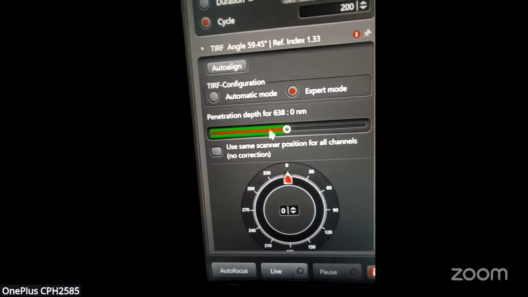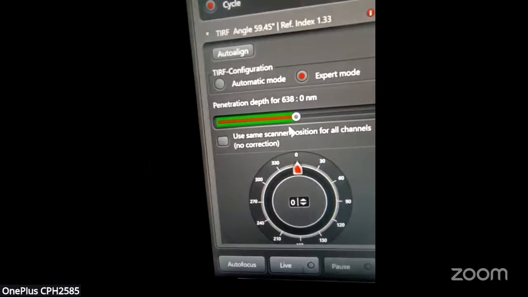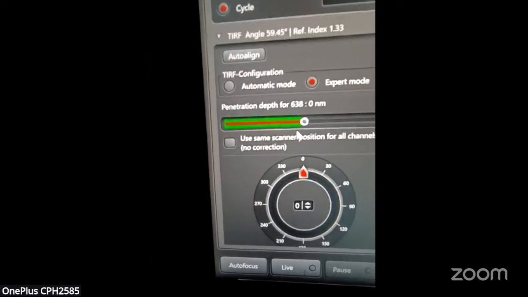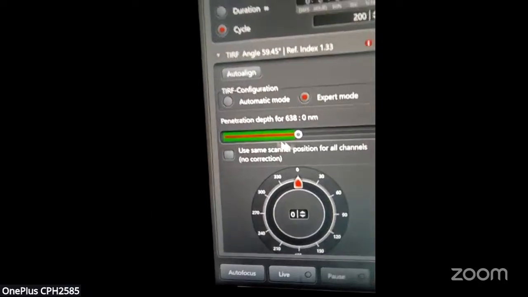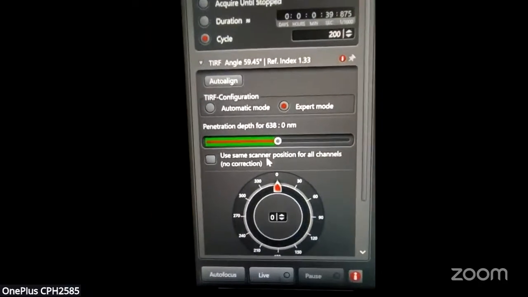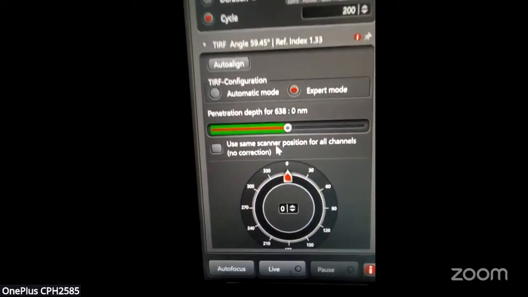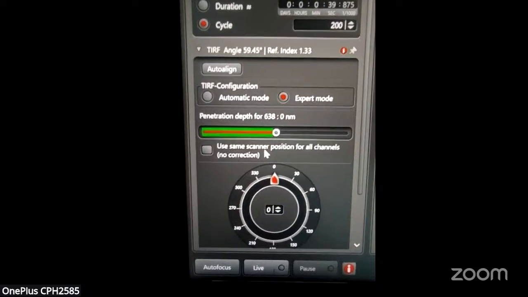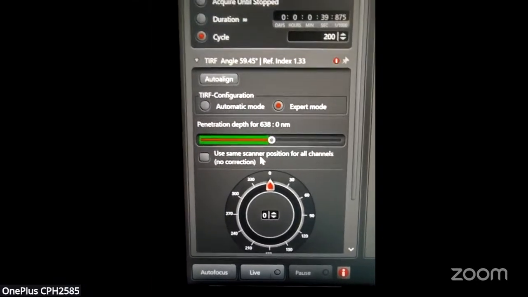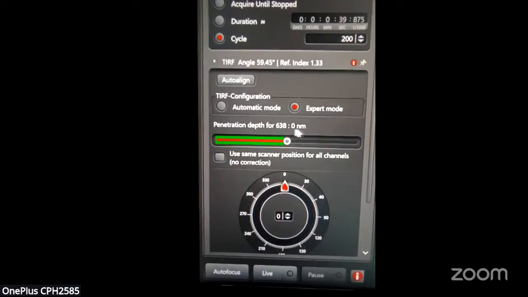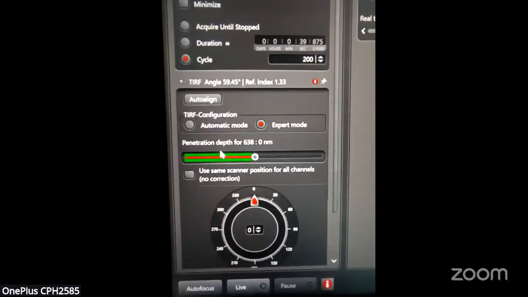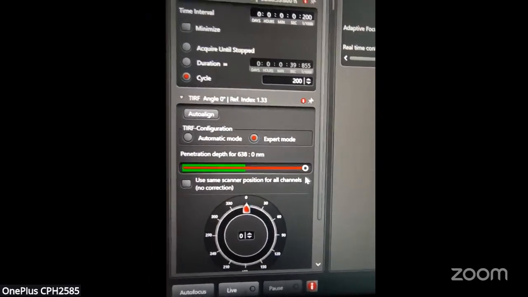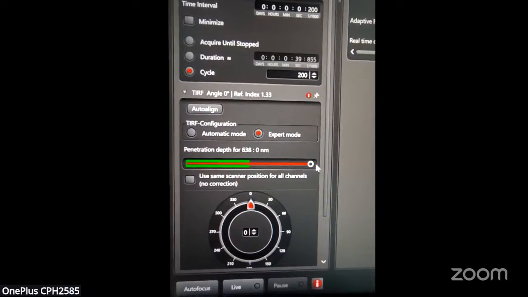TIRF is total internal reflection fluorescence microscopy, where the light passes at a critical angle and the evanescent wave that hits the surface illuminates your sample. In this mode of fluorescence, we can only capture the sample up to 200 nanometers. So in order to capture internal structure, for example nuclear fluorescence or cytoplasmic fluorescence, we have to use HiLo mode, which is more efficient compared to TIRF illumination. Now, if I sit like this, this is the epifluorescence mode. The more I go towards the right side.